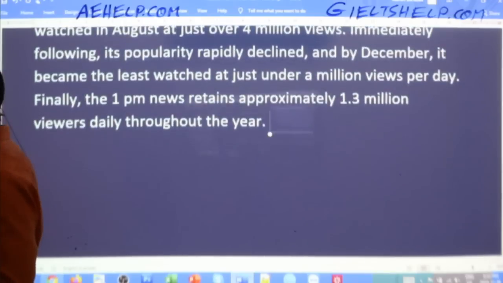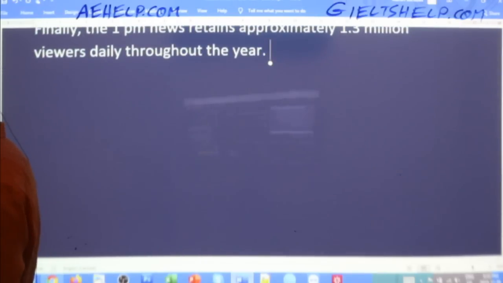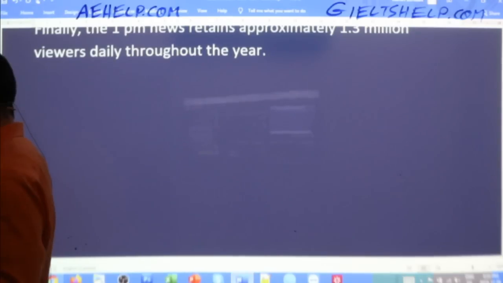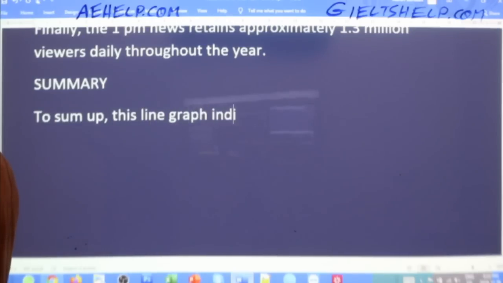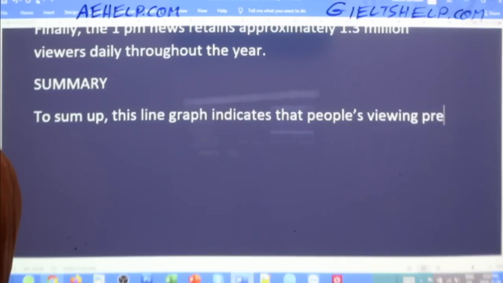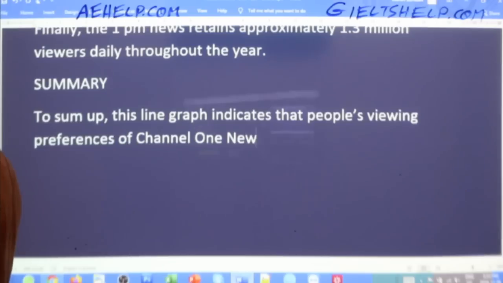Okay, now if you are a super duper five gold star IELTS candidate, then you will include a summary as well, and you will say something like, to sum up, this line graph indicates that people's viewing preferences of Channel 1 news changes throughout the year for